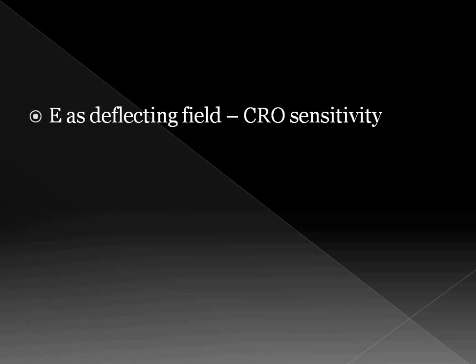Okay, the CRO has a stylus. Stylus means it is the luminous spot. If you are observing a CRO, there will be a luminous spot on the screen and it is moving according to the available field and variation. That is our observation screen. So that stylus moves over the display area in response to the input voltage. In that way we can measure the input voltage and all those things.